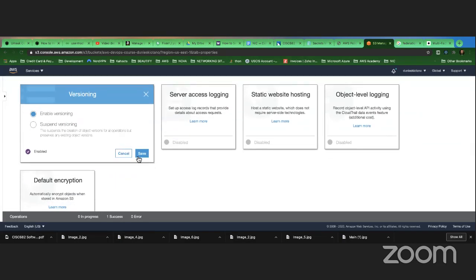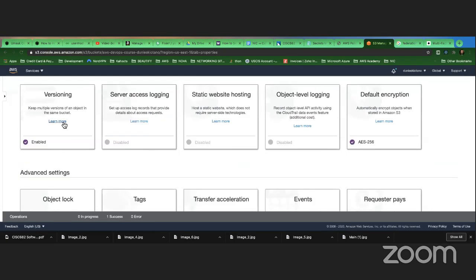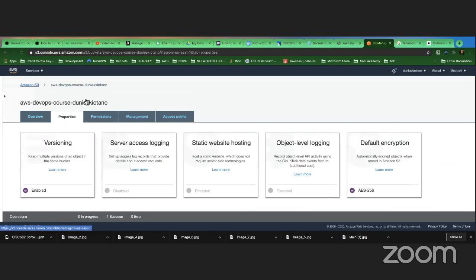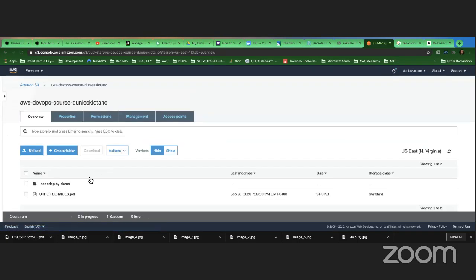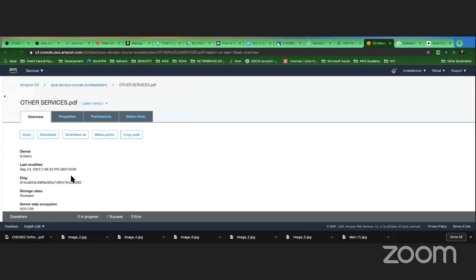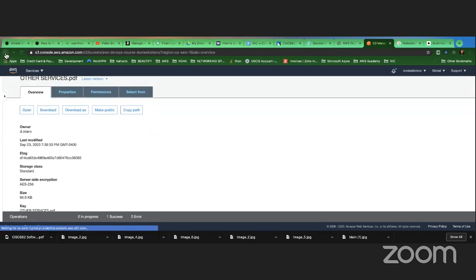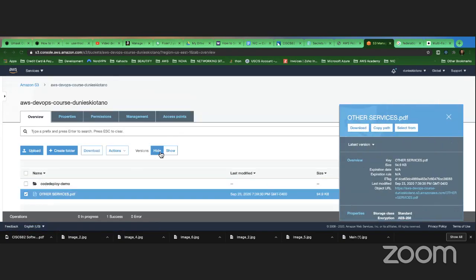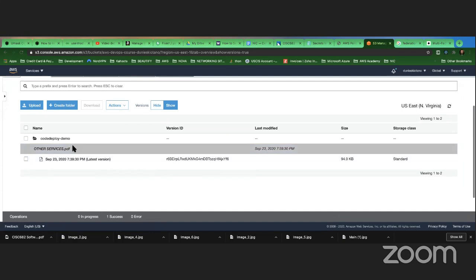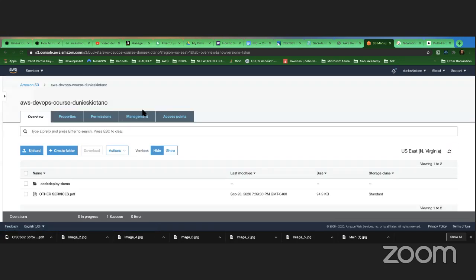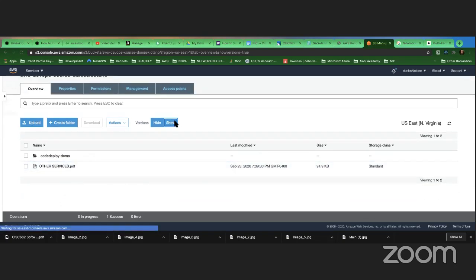And then whenever you upload something, I just uploaded a file, right? Let me take a look at the version of that file. So I'm going to click here, let me select it here. If I take a look at show, it shows me a version of that file. This is a version. So I have two files here. I have the original and I have the version here.